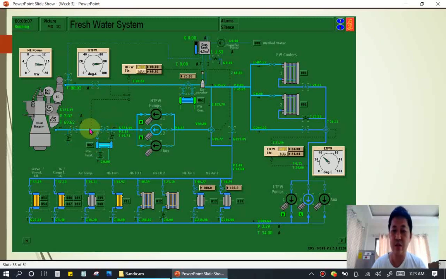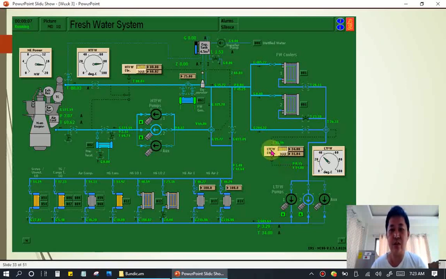Also here in the low temperature fresh water, there is a temperature sensor which is the thermistor type. It is submerged here. This is mounted to your pipe, and the sensor probe is submerged in your cooling water, and it sends signals to your controller so that it can control automatically. So this is the application of the automation.